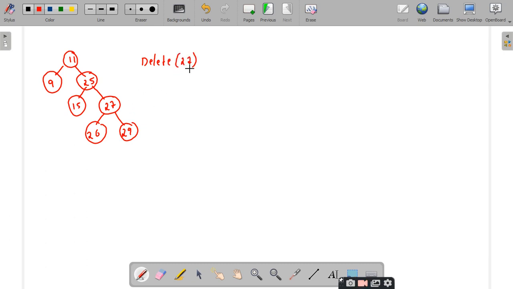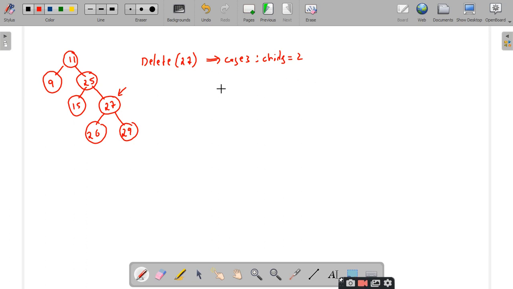So I have performed the search operation on this splay tree according to the BST. 27 compared with 11 is greater, go to the right-hand side. 27 compared with 25 is greater, go to the right-hand side. Now I have found that 27 is present at this location, and I have identified that 27 has two child nodes. So this comes under case 3, where the number of children is equal to 2.